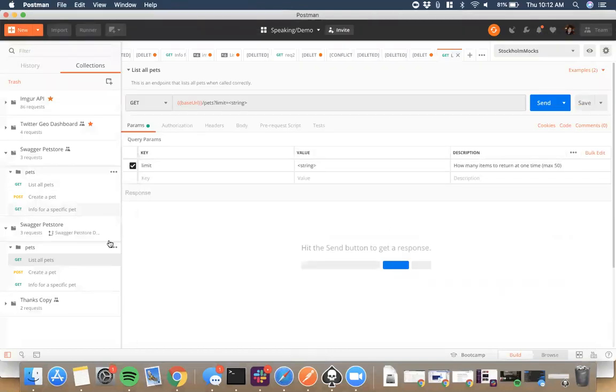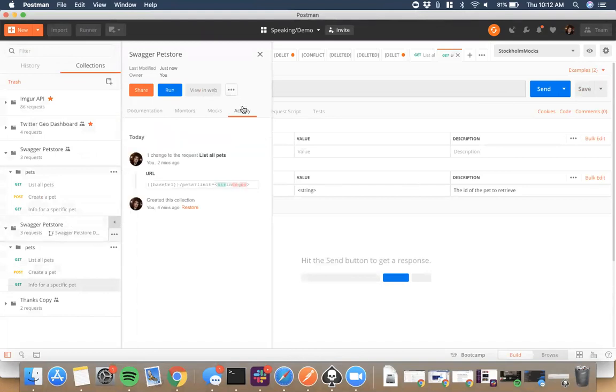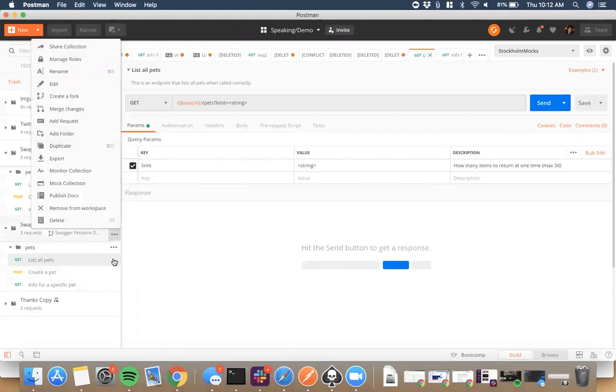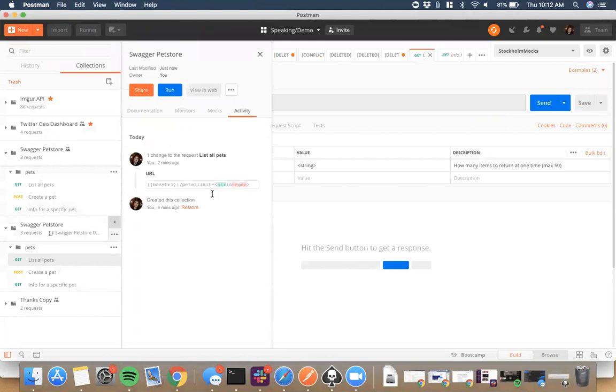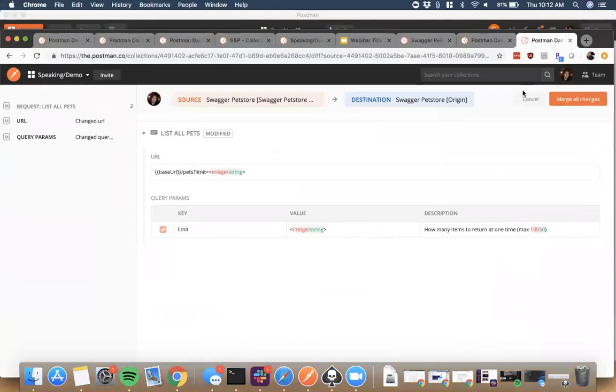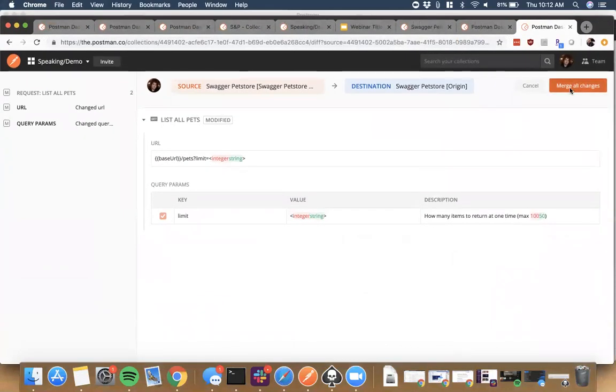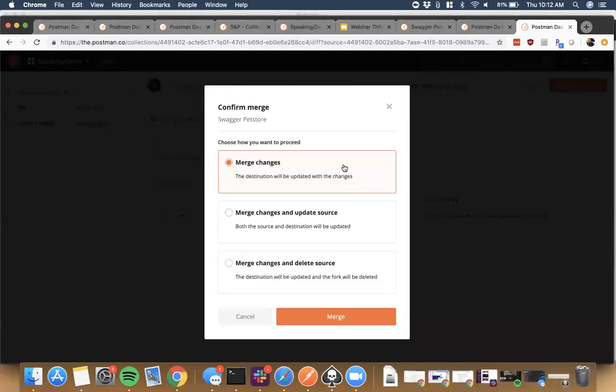So one thing we walked over last time is the activity feed. If we look at the activity feed for a collection, we can actually see that the activity feed has recorded the same changes that I made. Anyone who's familiar with using the activity feed, that is pretty much the same thing that's going on, except now, whereas in the past you might have seen this restore option, we're going to be using that merge option. So here we have the ability to merge all changes. There are 3 options that pop up. You can merge changes, and